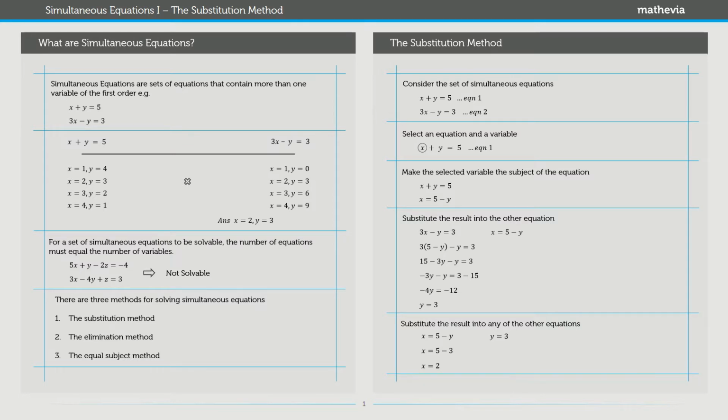We ended up with x equals 5 minus y, and then we substituted this in for x in the other equation. We had 3x minus y equals 3, so we just put 5 minus y for x in that equation. So 3x became 3(5 minus y), so we have 3(5 minus y) equals 3, and from